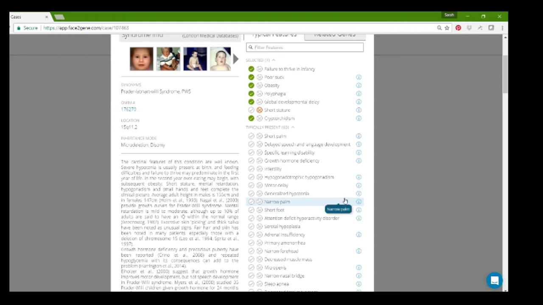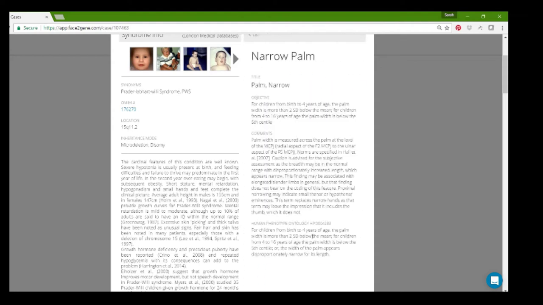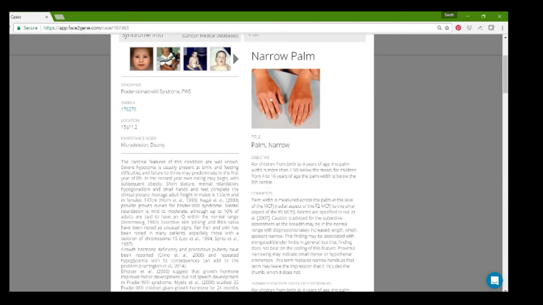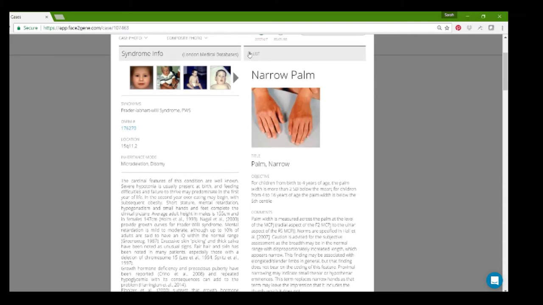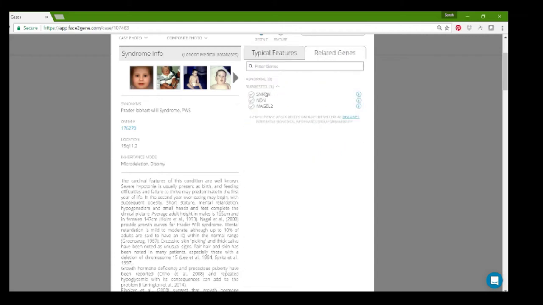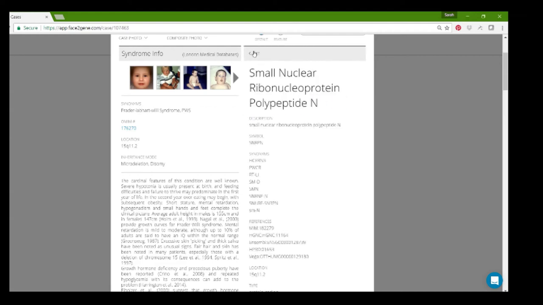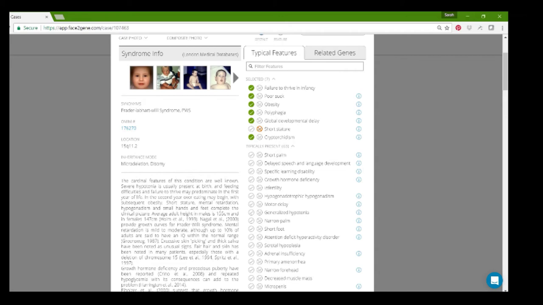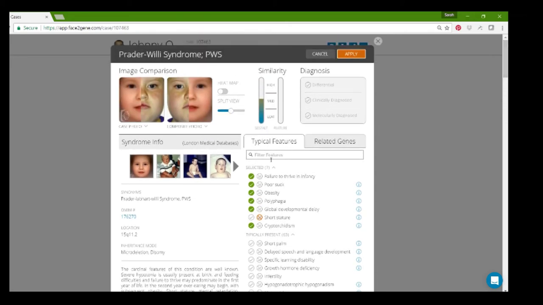If there are any particular features that you want to understand better, we have these little tooltips where you can read about the feature or even sometimes see some example images. You can also look at a list of potentially related genes, and in the same way you can explore each of those genes. So once you've selected features that are true of your patient, if you click apply, you'll find